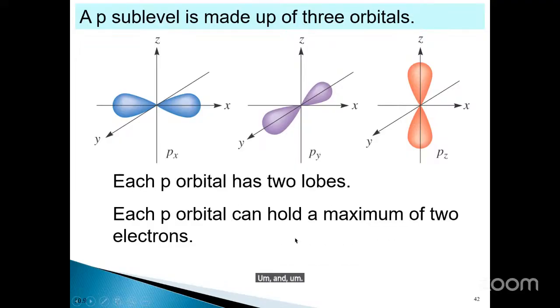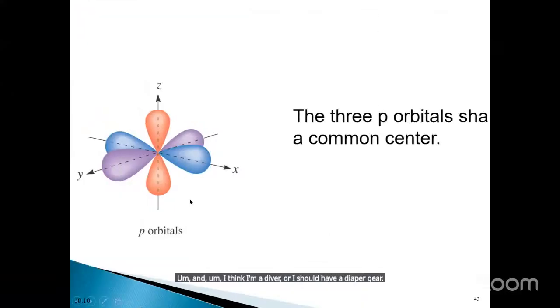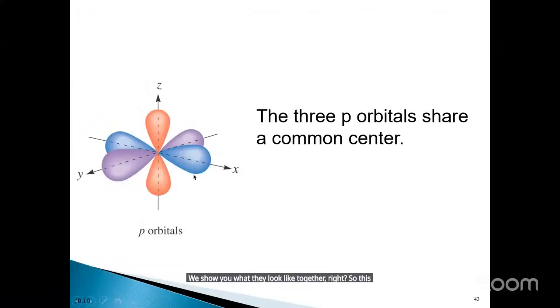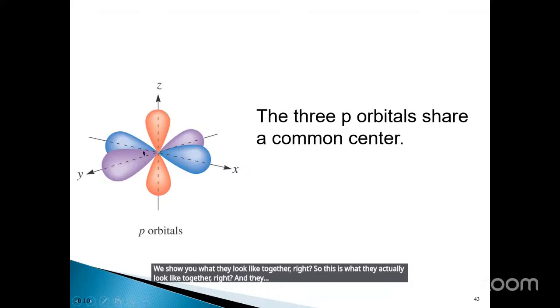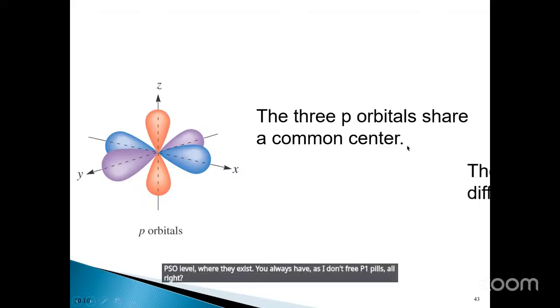I think I have a diagram here which shows you what they look like together, right? So this is what they actually look like together, and as stated here, they share a common center, all right? So in the p sublevel, where they exist, you always have a set of 3 p orbitals, all right? And then you have